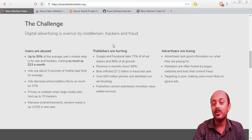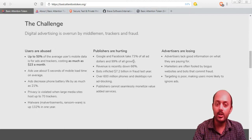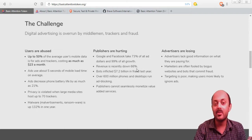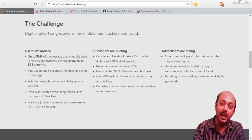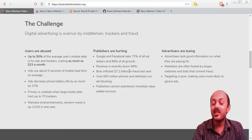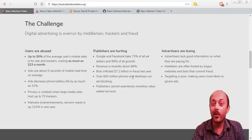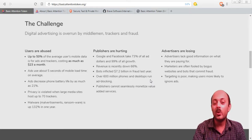Now, if you look at the problems on the publisher side. Publishers are also getting hurt, like people who manage large websites or even blogs, and they are putting up advertisements on their websites. So they also face problems, like Google and Facebook take 73% of all the ad dollars and 99% of the growth. Revenue is recently down 66%. Bots inflicted $7.2 billion in fraud last year. Over 600 million phones and desktops run ad blocking. Publishers cannot seamlessly monetize value-added services. So basically,